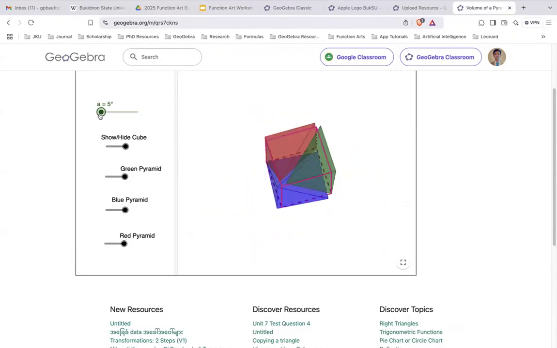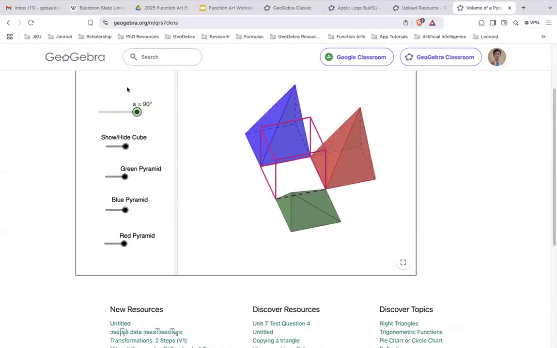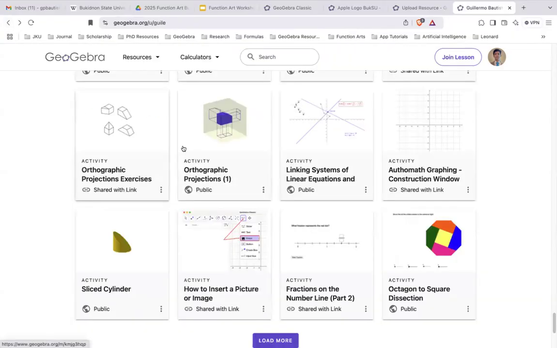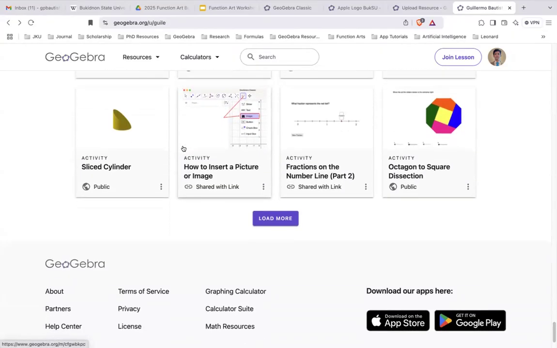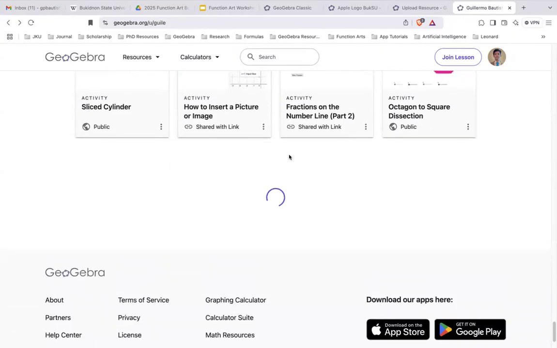So why is the volume of a pyramid the volume of a cube divided by 3? So stuff like that. And of course, you have concepts in 2D, like for example,